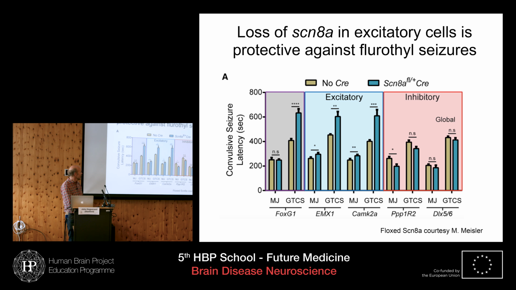So EMX1 and CaM kinase 2 both target excitatory cells specifically. And what they found is they have the same effect as broad cortical suppression. So if you take away the NaV1.6 from cortical excitatory cells, you reduce the likelihood of producing seizures. But there was little effect or no effect when they did this in mouse lines that would reduce expression in interneurons. So this is the broad promoter, DLX56, and this is a more specific promoter which affects many inhibitory areas,